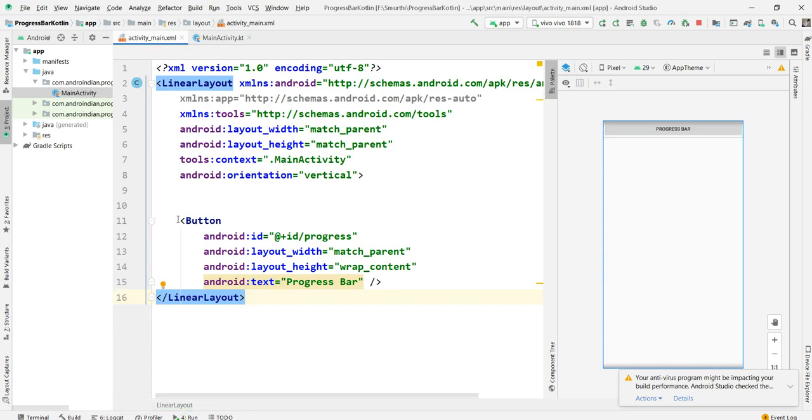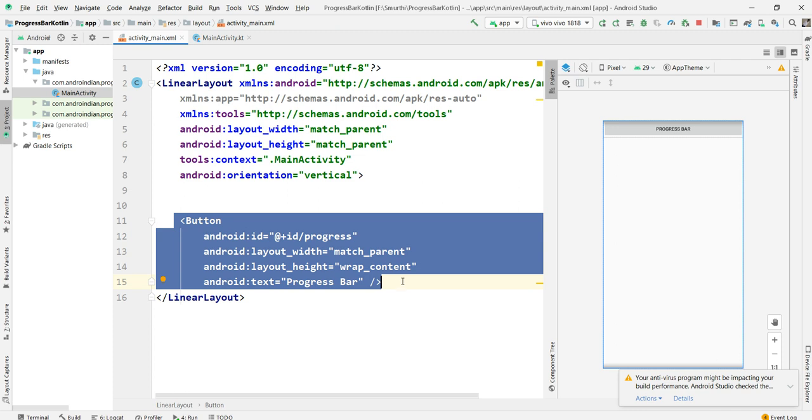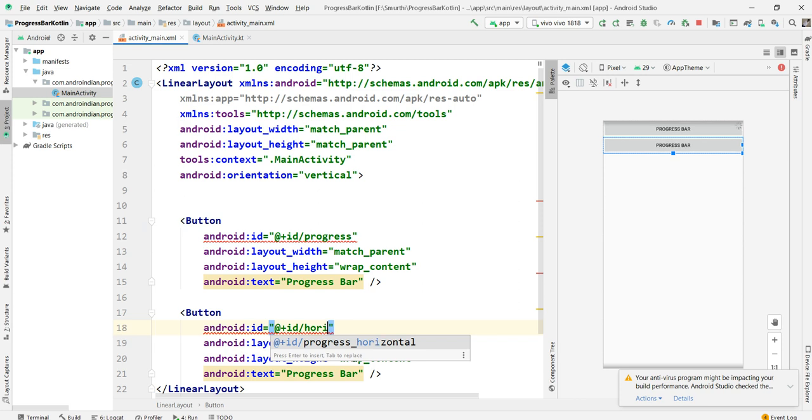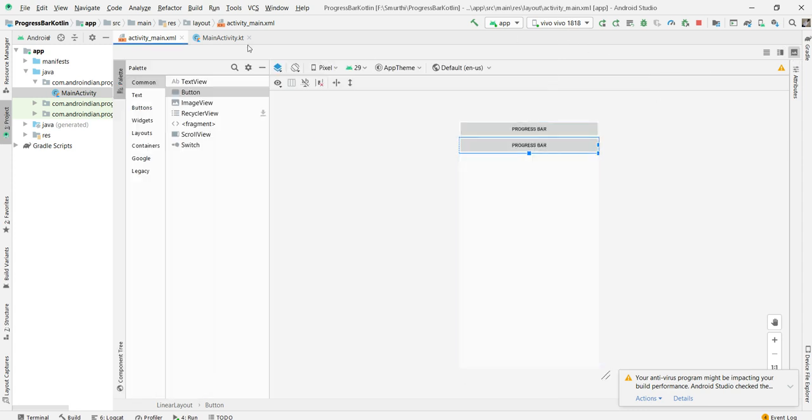Because of that, I want one more button here. So I'm taking one more button. That button I'm changing to horizontal. Here also this is a progress bar.